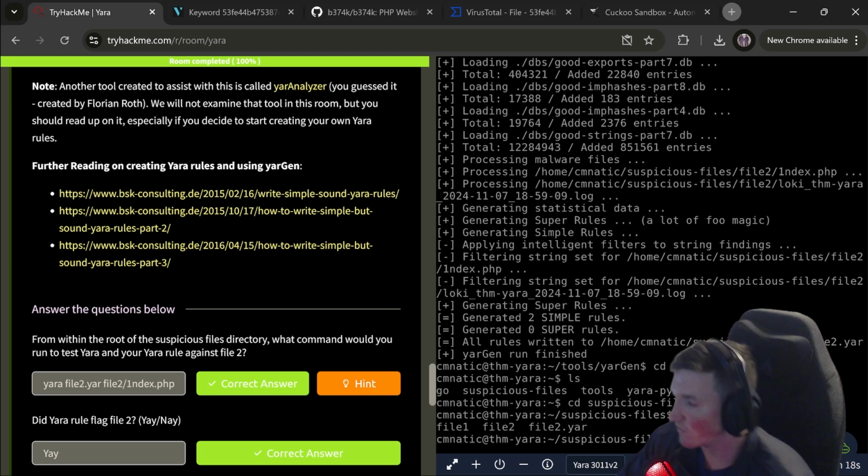All right, so as you can tell, we're going to run this, and it obviously should detect because this rule was generated literally for this file.